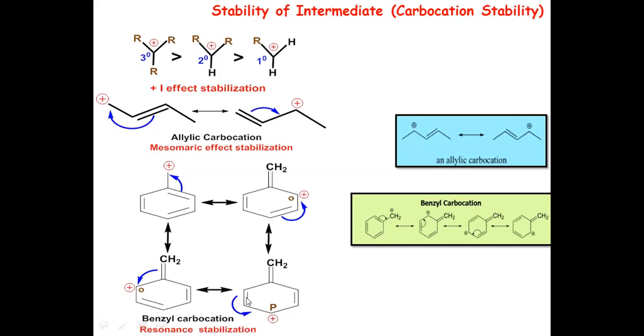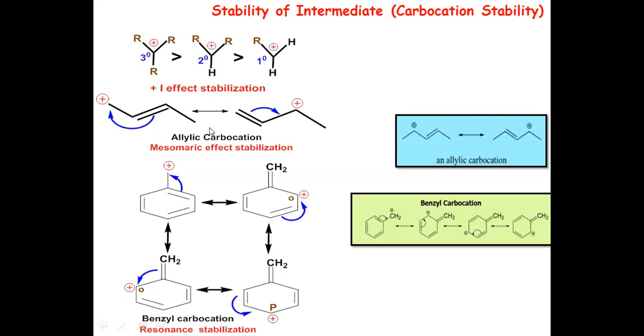One more double bond is there, which can also be used for the stabilization of this carbocation. So what you'll find, if I shift these pi electrons here, now a double bond is formed over here, but positive charge will jump from now this para to another ortho position. So it will come over here. And if I shift again these pi electrons, I'll get this previous structure, the first structure back. So 1, 2, 3, and 4 canonical structures are possible for benzyl carbocation, and therefore among all these, benzyl carbocation is the most stable carbocation.